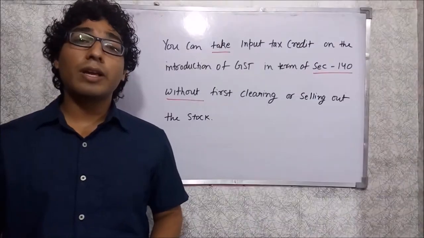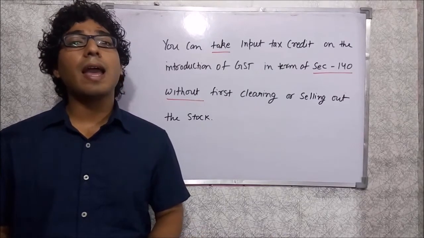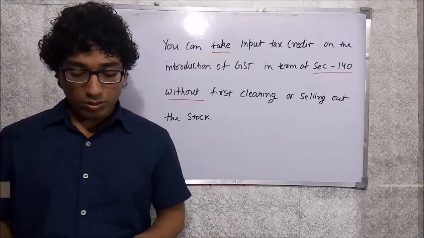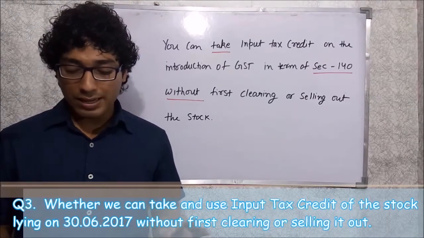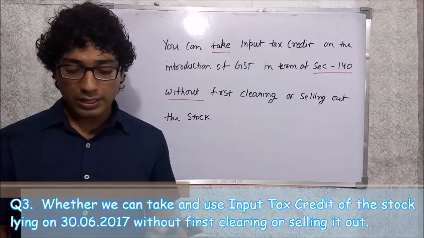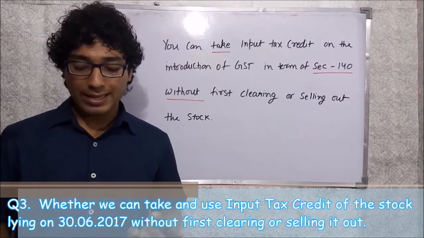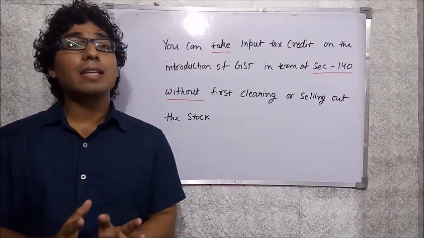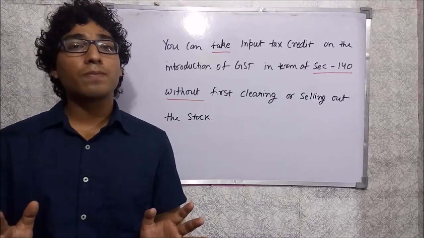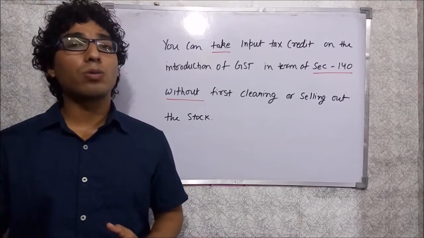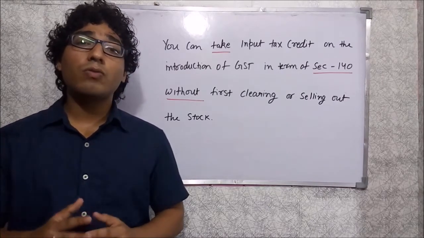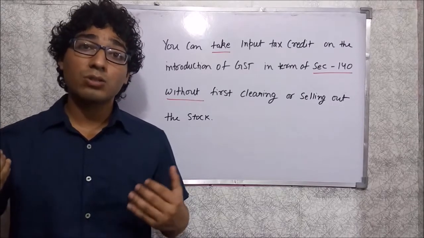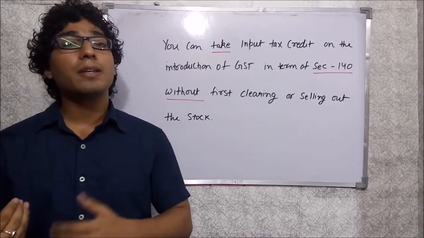The next question is relating to the input tax credit of the stocks appearing as on the date immediately preceding the date of introduction of GST. And the question is whether we can use the input tax credit of the stocks lying as on 30th June 2017 without first clearing or selling it out. So the person wants to know whether we can take as well as use the input tax credit of the stocks without first selling or clearing out the stock before we can use or take the input tax credit of the stock appearing as on the date immediately preceding the date